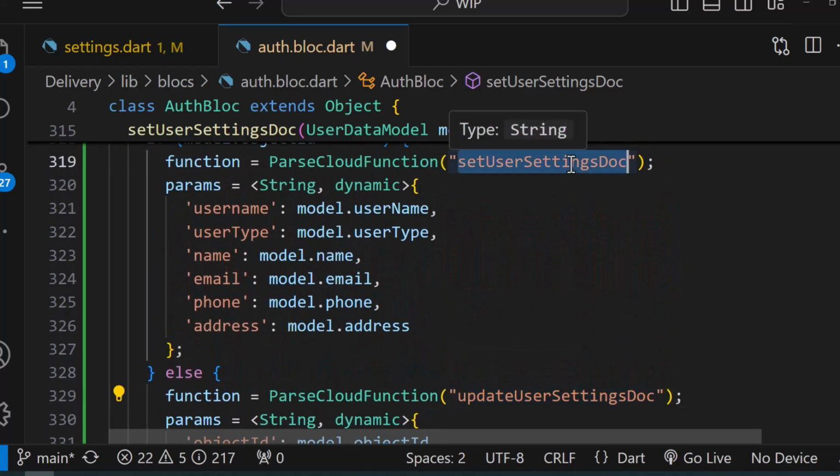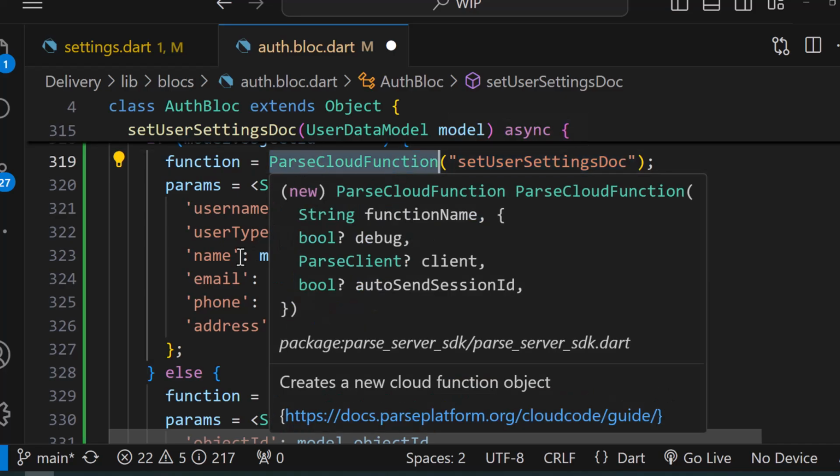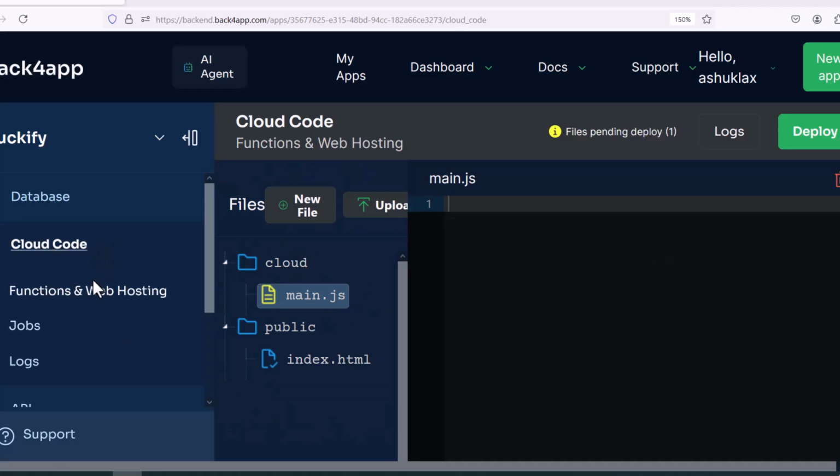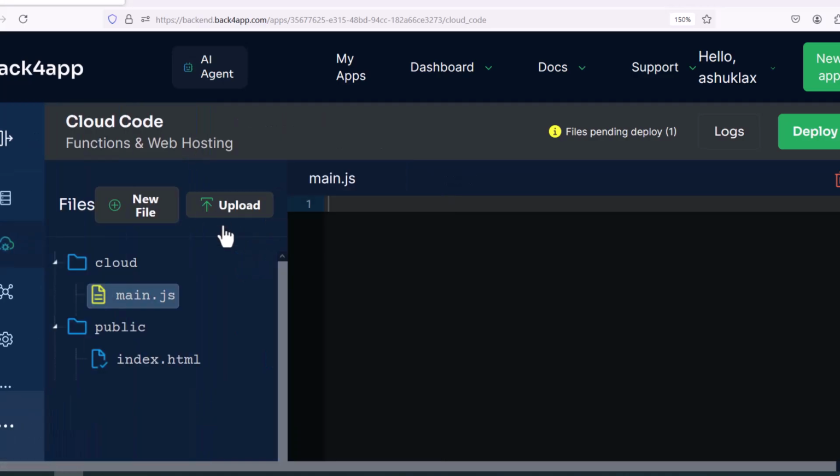Now we are getting out of the development phase and we are moving to the production phase. So that's how you switch. You refactor your code to start using Parse cloud functions or functionality. Now let's go to the backend here. So here it is very, very simple. As you can see, I'm just going to go to the cloud code, and here you will see a structure like this. Now go to the main.js file